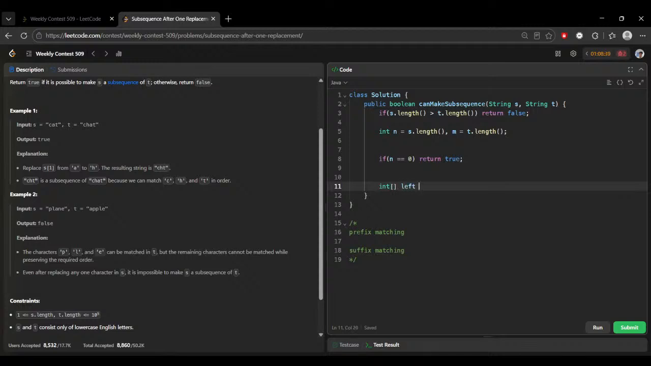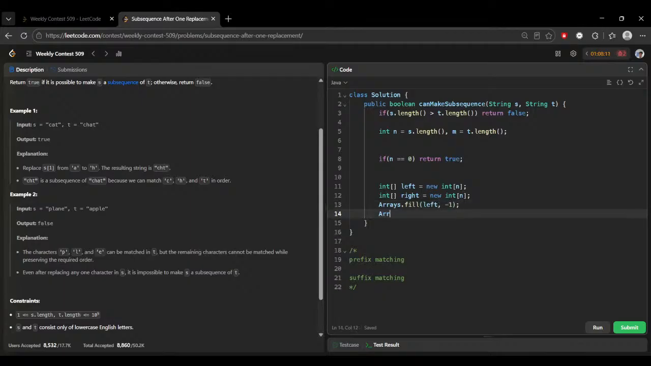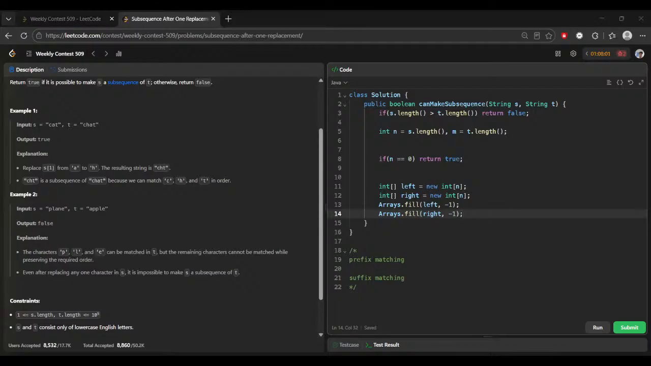अब वो लेफ्ट और राइट वाला करते हैं। Left equals new int n and right equals new int n. अब Arrays.fill left minus 1, Arrays.fill right minus 1, right. And now we have to,